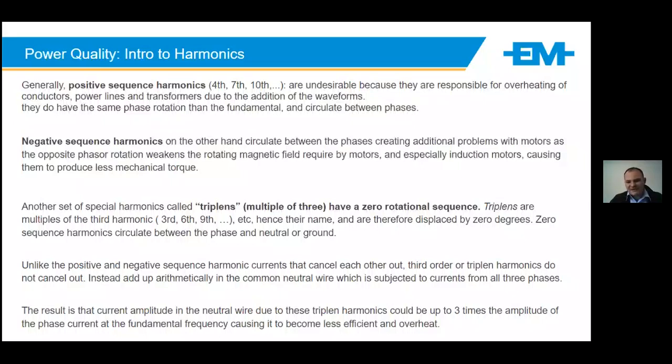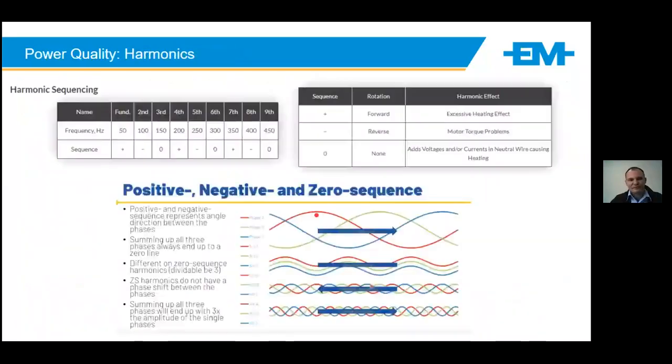So the result is that current on the neutral wire due to these harmonics could be 3 times the amplitude of the phase current. So we can see where this can become dangerous, or lead to loss of those neutrals. As indicated, we would have a fundamental, positive, then we have a negative, and so forth as we go through the different harmonic frequencies. Typically on any recorder, you want to record up to at least the 50th order of harmonics.